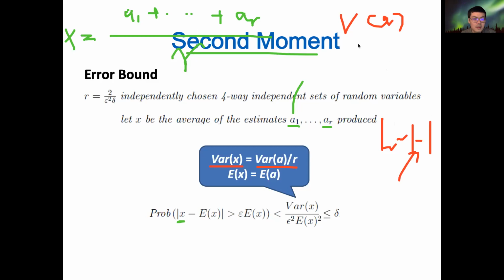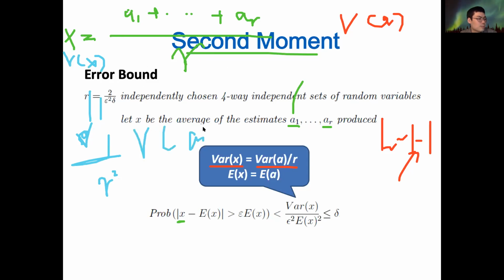In order to see that, you just think about it. This conclusion should be memorized, okay? If you have the estimator and you repeat R times, the variance will be reduced by R times. So just think about Var(X). Because it's a 1 by R, if you take the constant out, it should be 1 by R squared, because whenever you take a constant out of the variance, it becomes 1 by R squared, okay? And then you have the variance of